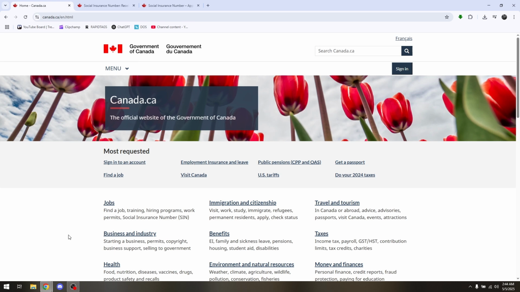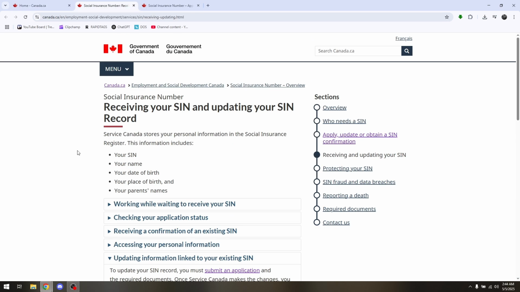going to canada.ca. So this is their homepage. All you have to do from here is just locate the sign in button and log in using your username, email, and password. Now, once you have successfully logged in, you have to remember that the Service Canada stores your